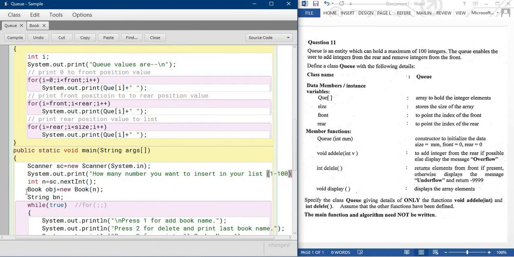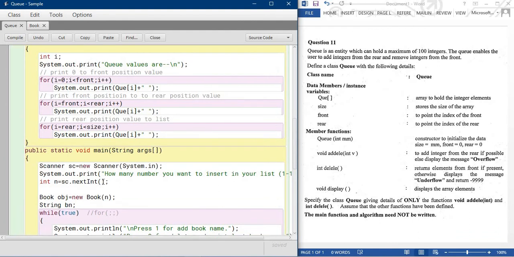So you are taking the entire thing and do one thing: if your number n is less than or equal to 100, that time you can enter up to 100, because less than or equal to is possible; otherwise you cannot enter a value.